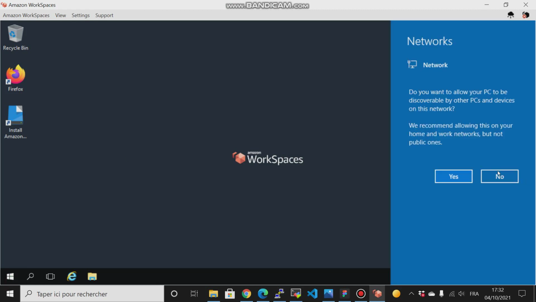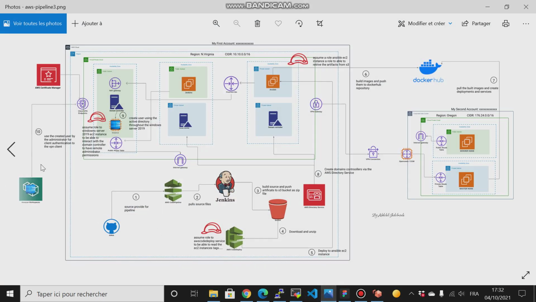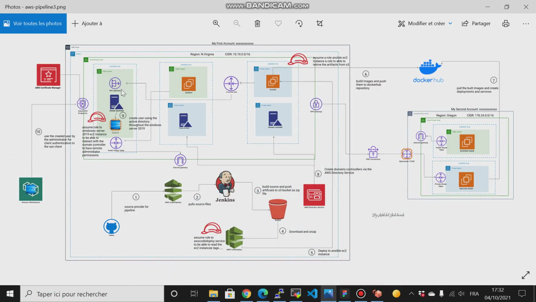Okay, now why have I created this workspace? Because I want to create a VPN, a client VPN endpoint. From this EC2 instance, I will connect to my VPC and make a secure connection between my local host and my VPC that is in